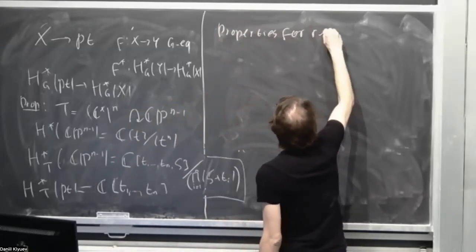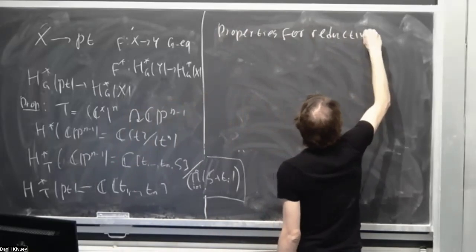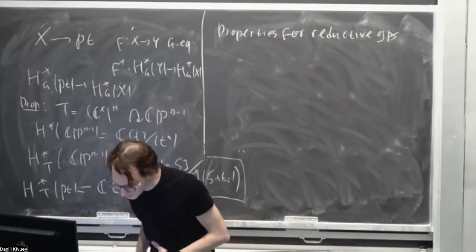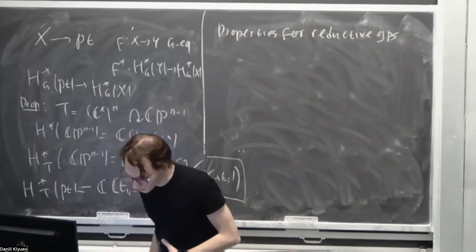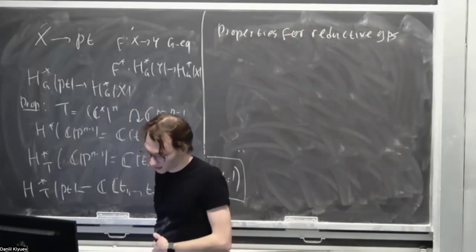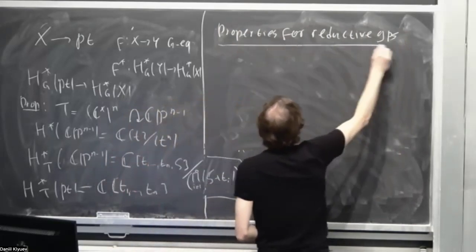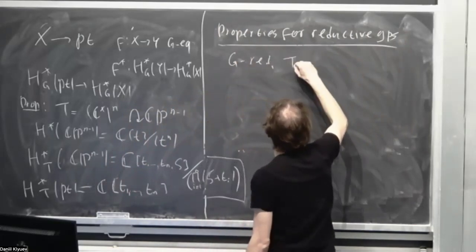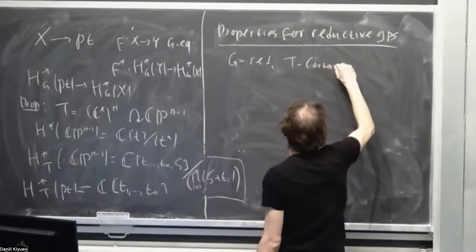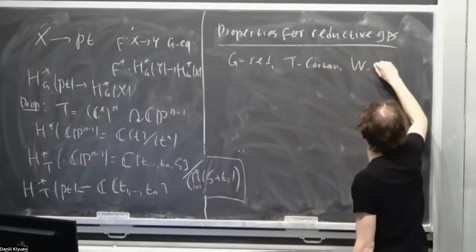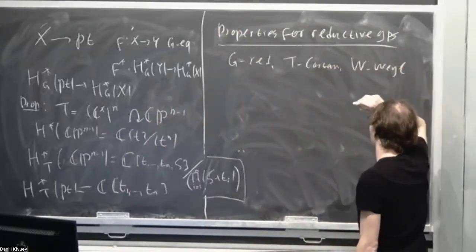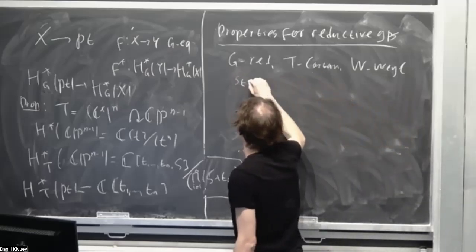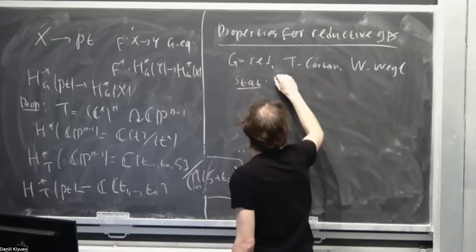Okay, well, the main thing is that we have G reductive, we have T the Cartan, we have W the Weyl group, and the statement is that W